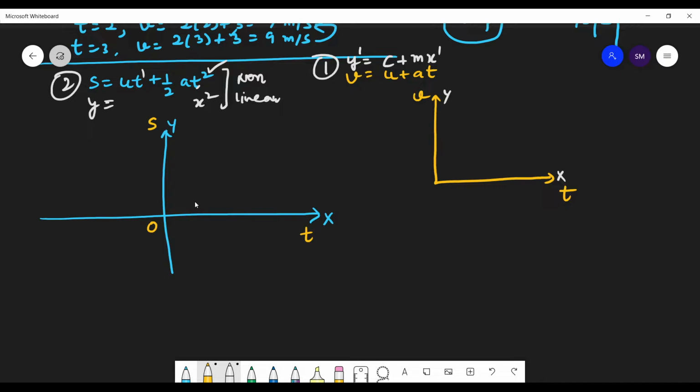So please tell once again. See beta, when there is a graph, we have just discussed v is equal to u plus at, y is equal to mx plus c. We get a graph like this. This was your initial velocity, and this equation is the equation of this line. This is a linear graph. We discussed it in our last class also. If there is any doubt, you can watch the video of the last class, class number 3.